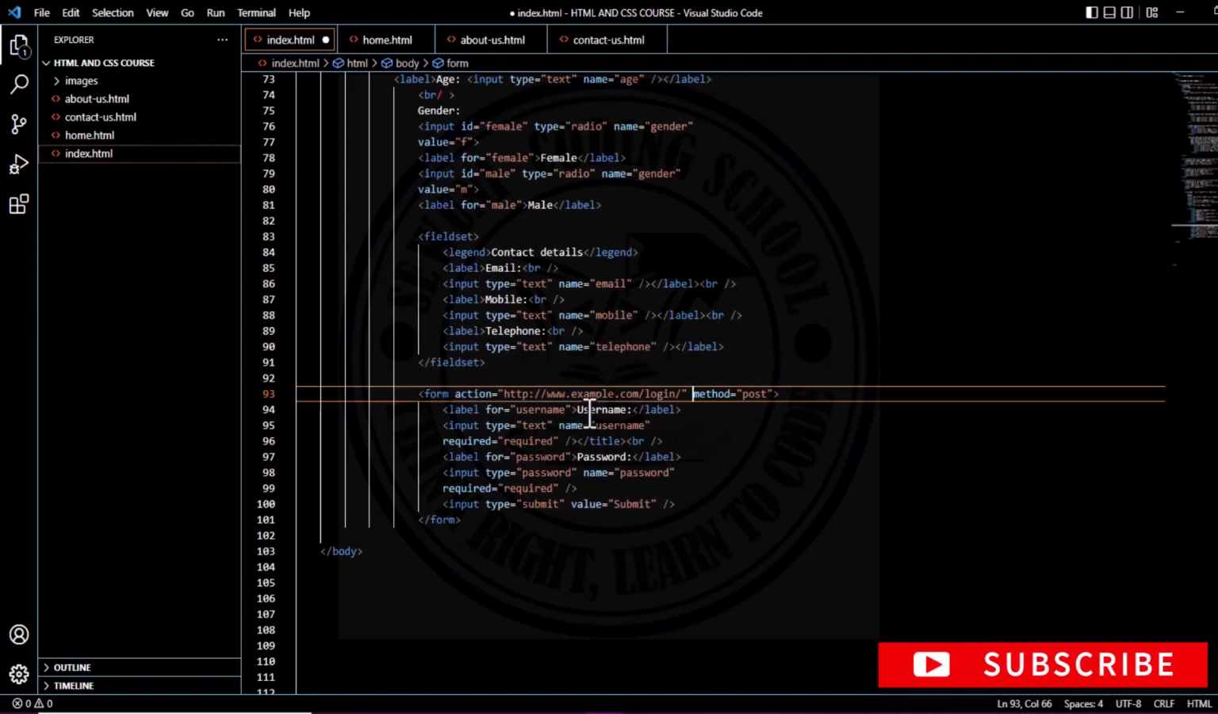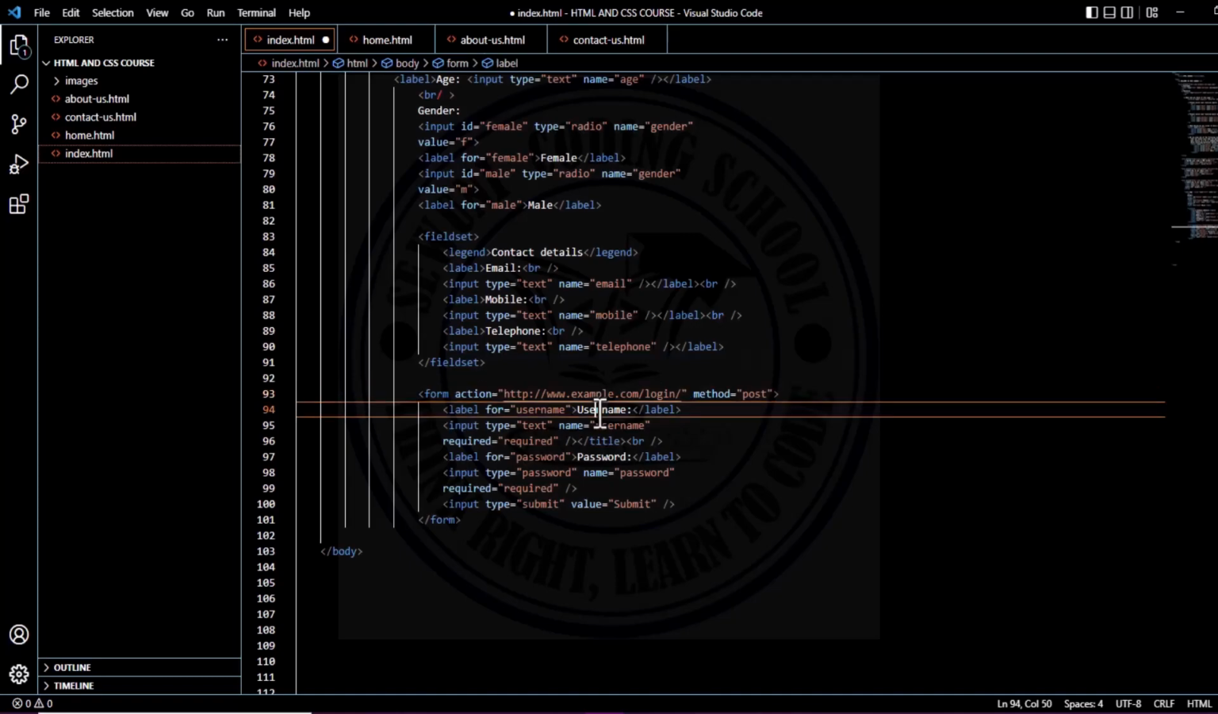The same action goes to example.com. You are still using your post, not the get. We've treated label already, so for username, we are labeling our user control. We did it in our previous lesson. Now it says required. This is what I want